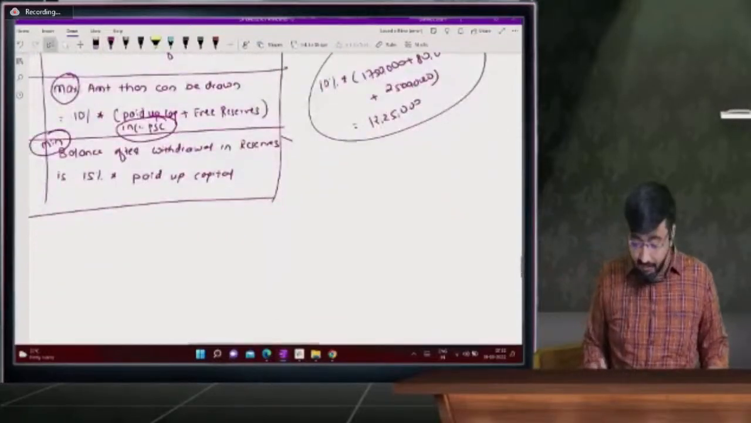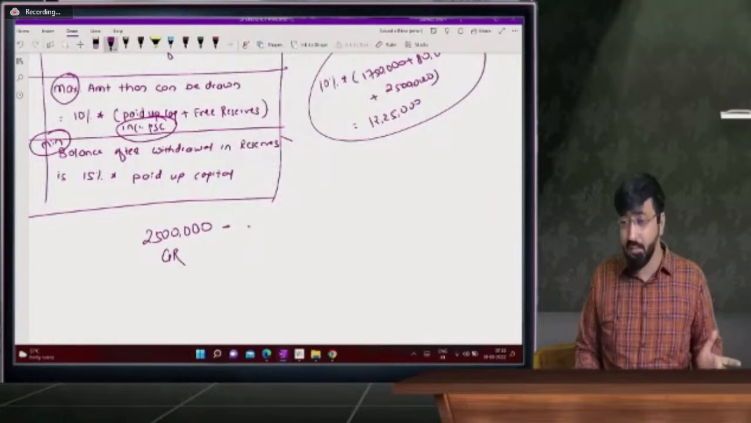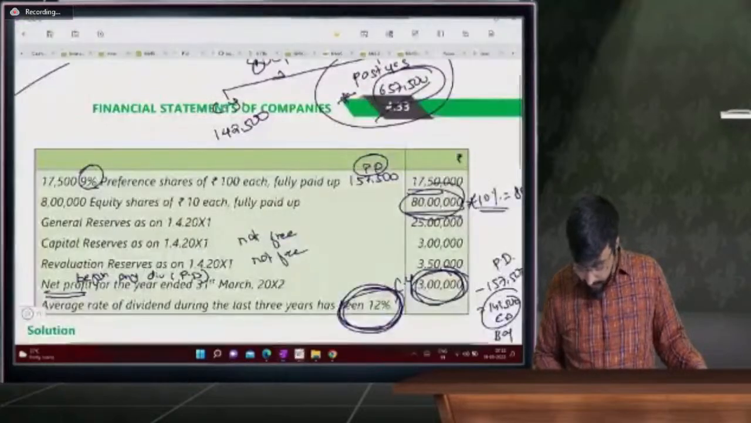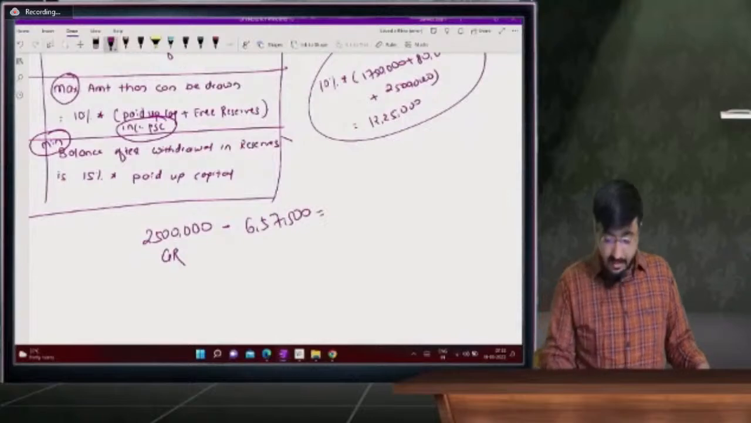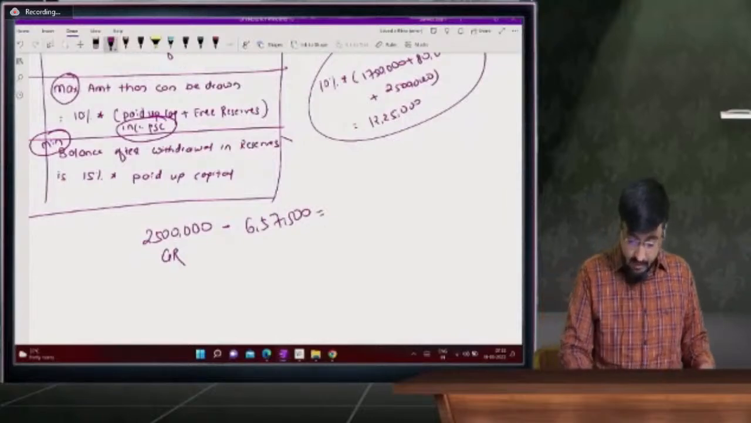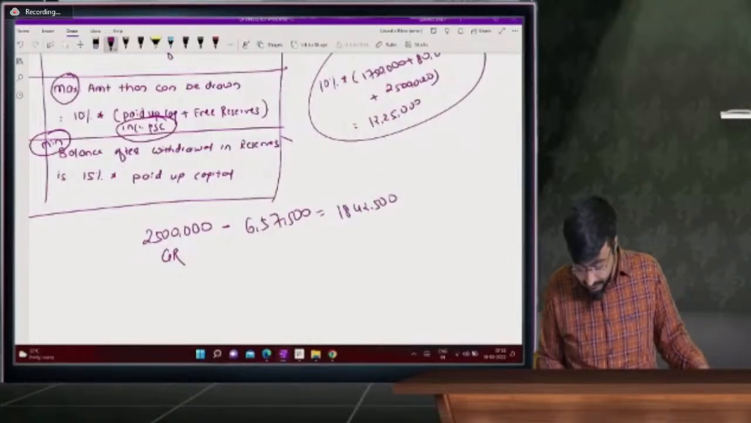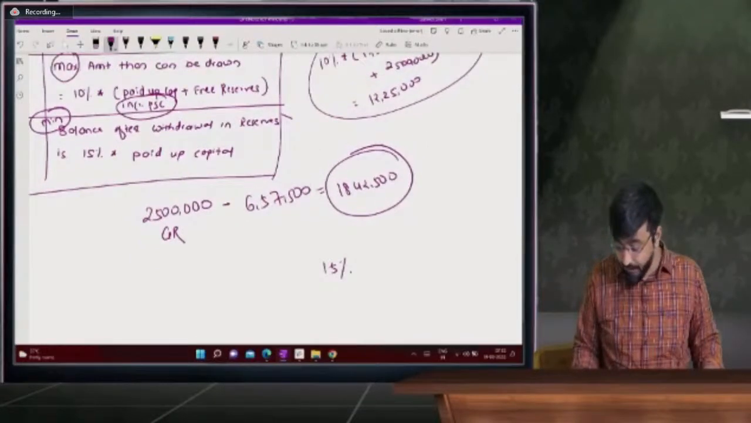And the balance after withdrawal. So now what is the balance? General reserve, 25 lakhs is the balance in the general reserve, minus, there is no balance in the P&L item, and minus the 657,500 you are withdrawing. So what is the balance after withdrawal? 25 lakhs minus 657,500 is 18,42,500. So this is the balance in the general reserve, and it must be greater than 15% of paid up